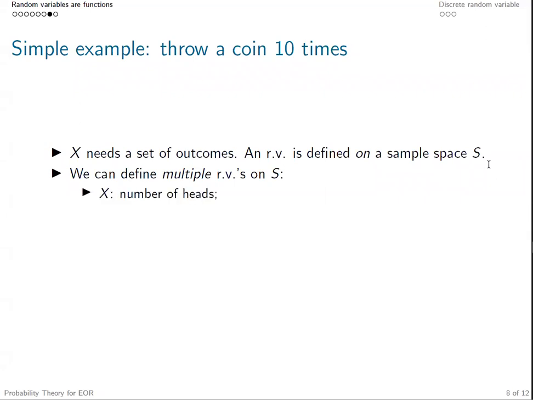For example, in this simple example, throw a coin 10 times, right? X could be the number of heads, Y could be the number of tails. These are different functions defined on this sample space S. And we could also specify another function, for example, Z, which only equals 1 if the last throw is a head, right? So Z would map